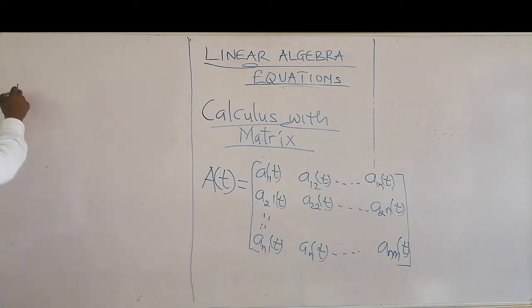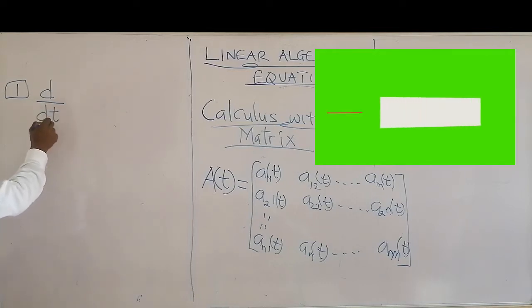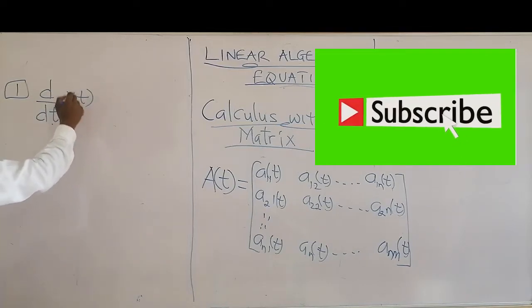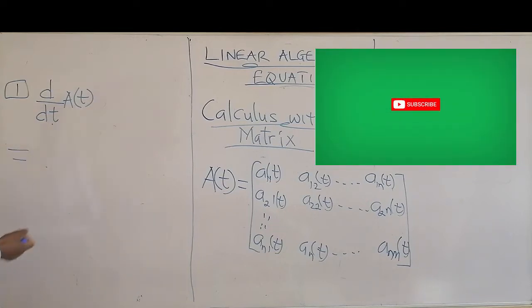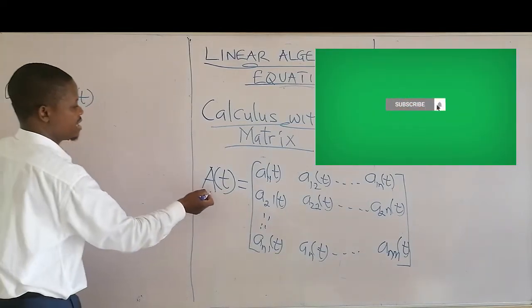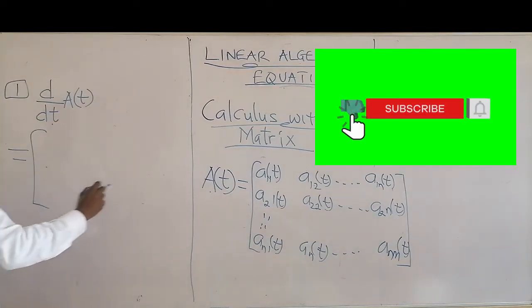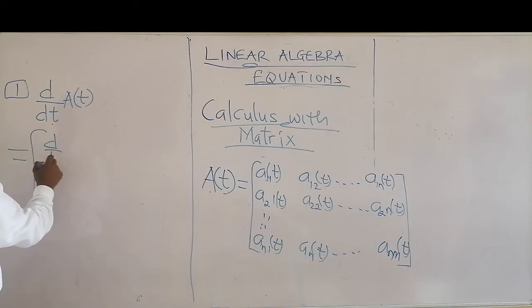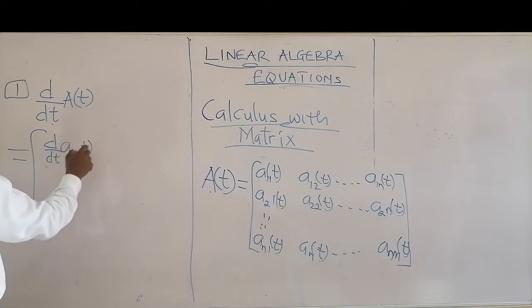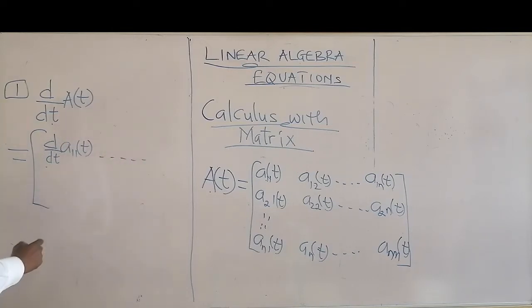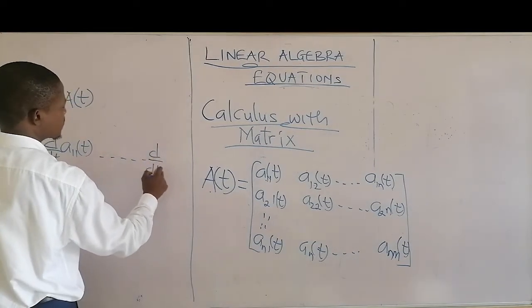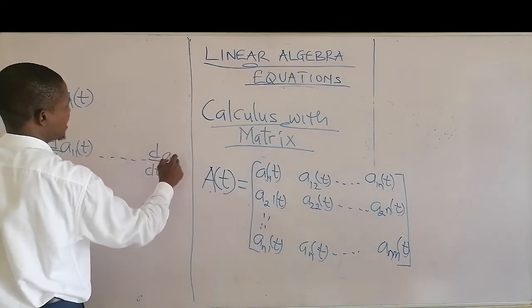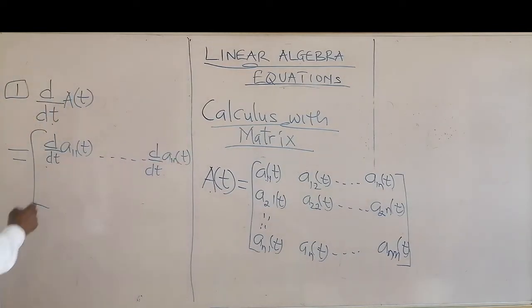So let's get the differential coefficient with respect to t of matrix A. This will be equal to what? If you want to find the differential of A, it's very simple. You just have to differentiate each of the elements of the matrix. That will be d/dt of A11 as a function of t, and then it goes like that, down to d/dt of the last one there, A1n as a function of t. Then you can go on like that.